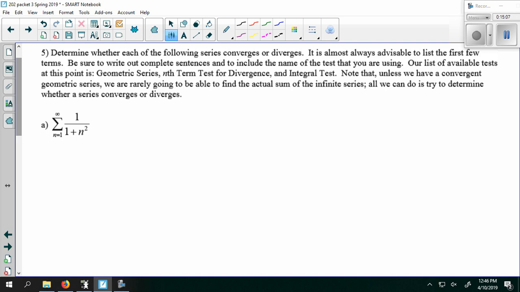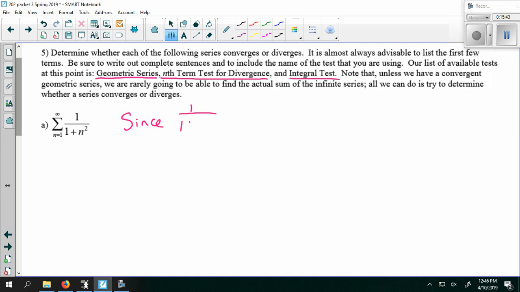Okay, so we've got 3 more here. We want to determine whether they converge or diverge. And again, we only have 3 tests to use: geometric series, nth term for divergence, and the integral test. So 1 over 1 plus n squared. It looks so much like a p-series, but it's not a p-series. If it was just 1 over n squared, I could use the p-series test and be done, but it's a little bit different. So instead, I'm going to use the integral test,